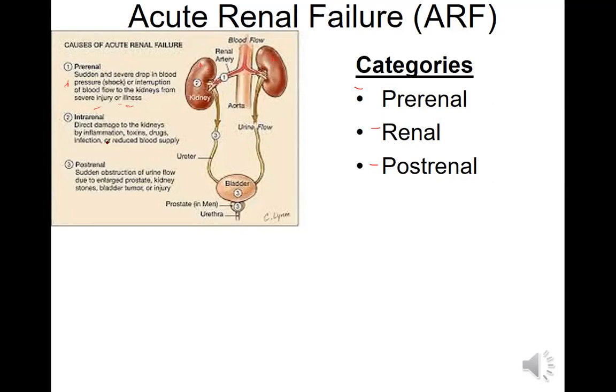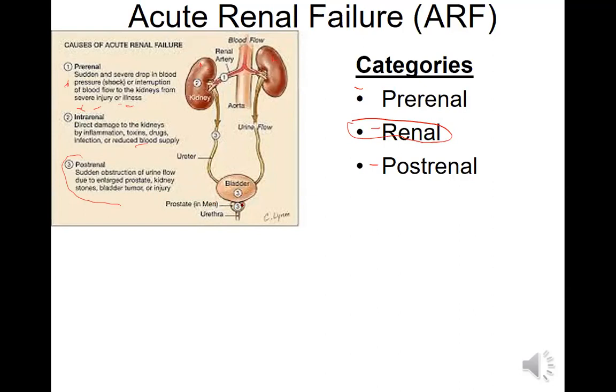Intrarenal is something like glomerulonephritis or possible cancer or glomerulosclerosis, anything that's in the renal, in the kidney or nephron. So that's why it's intrarenal, not just renal, intrarenal. So it could also have an acute renal failure due to post-renal problems like obstruction, like a kidney stone, a calcium oxalate calculi, renal calculi,